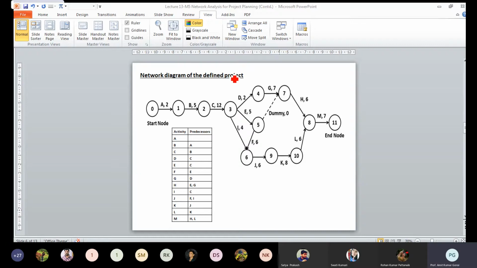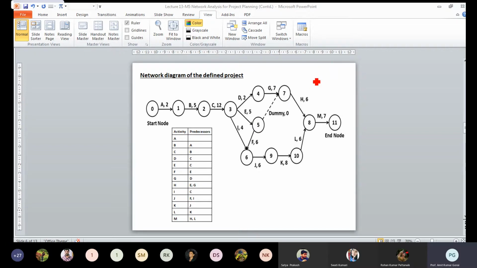Now, if you connect this here, and try to make a link of this job F from this node, that means G and E will also be the predecessors of F, and that will be a violation, because E is the only predecessor of F. So that's why we have to connect it that way. That means here both the conditions are fulfilled.